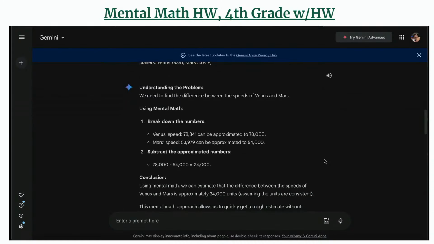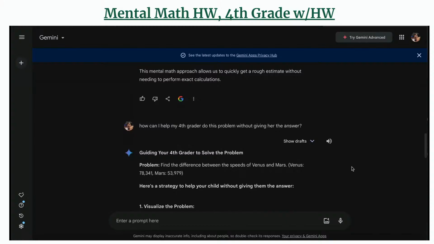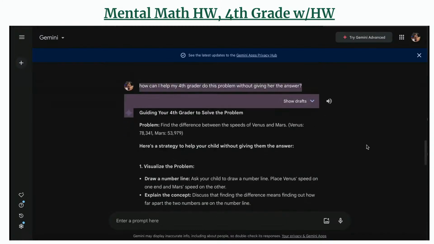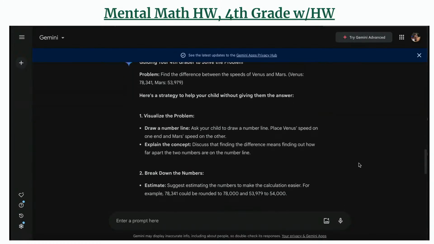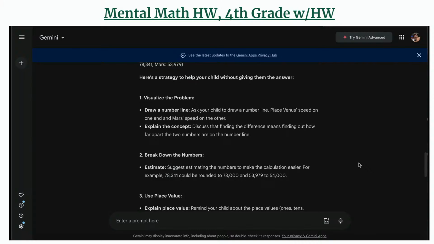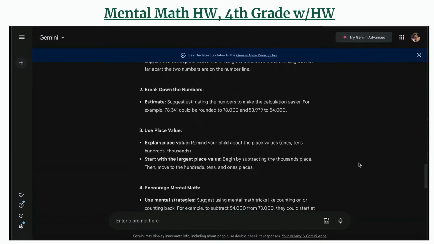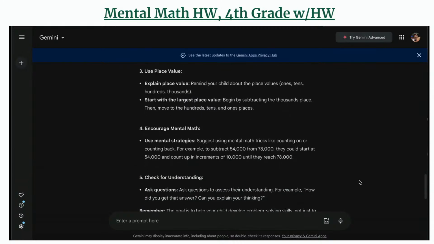And then just like I did in the other example, I asked for that same script. How can I help my child without giving them the answer, and go down, visualize, break down the numbers. And what I found when I did this with my daughter was that by the time I got to like step 2.5, my daughter went from being really frustrated to,